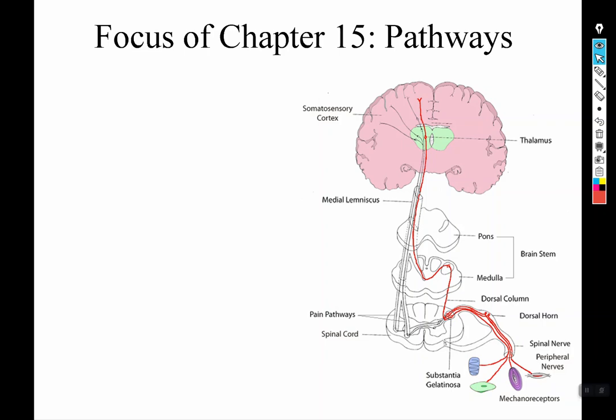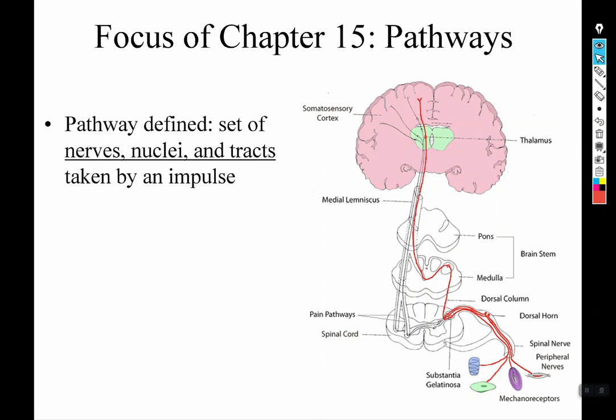All right, so welcome to the presentation for Chapter 15 of our Anatomy and Physiology textbook, which is concerned with pathways. So let's talk about what a pathway is first so that you know what I mean when I say that word. Basically, it's the series of nerves,